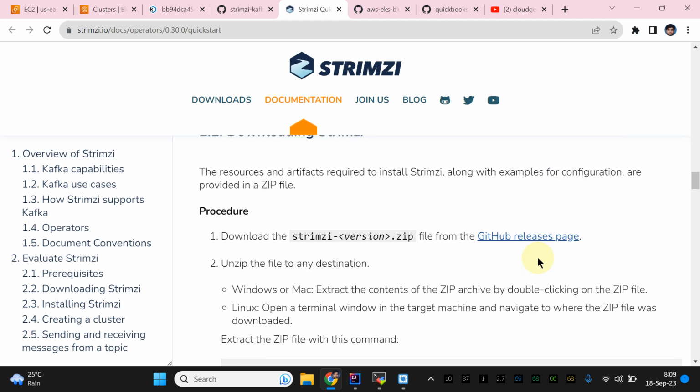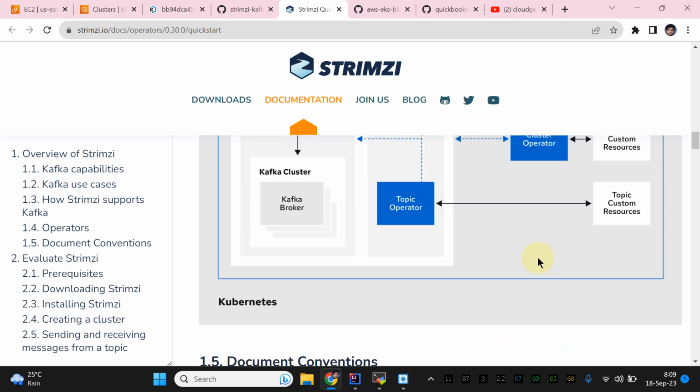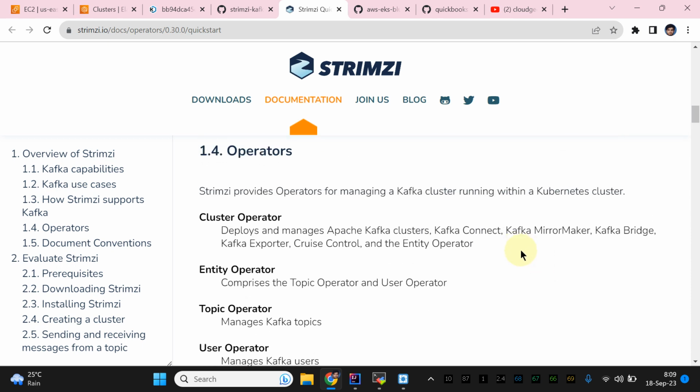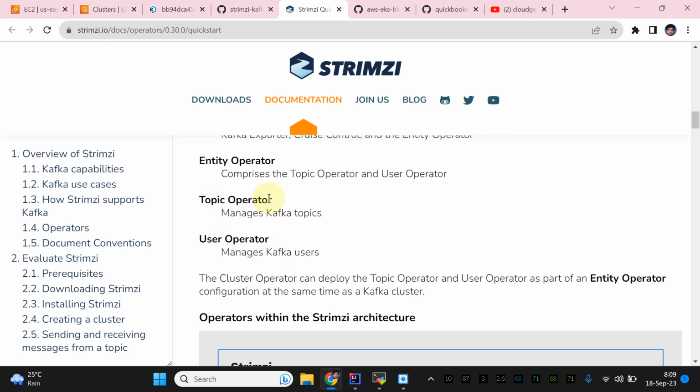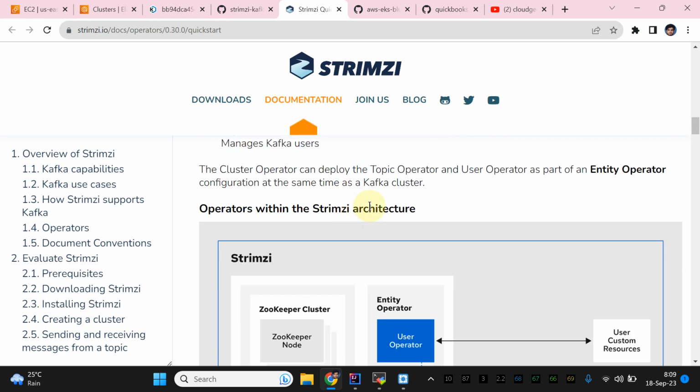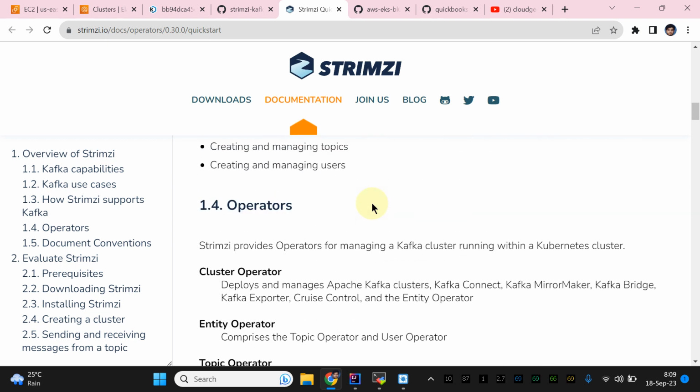Also let me show you these parts from the official documentation, what each operator does. If we start, what are the operators? Strimzi provides operators for managing a Kafka cluster. So currently, what we have done is set up the cluster operator, right? Through the Helm chart, and then automatically it is going to provision the entity operators, the topic operator, and the user operator. So simply, from Helm, we need to install this